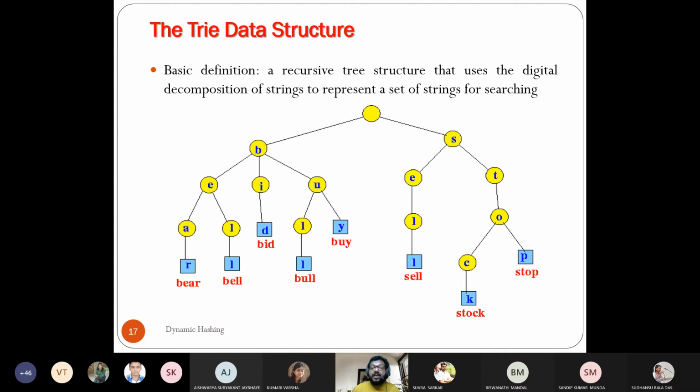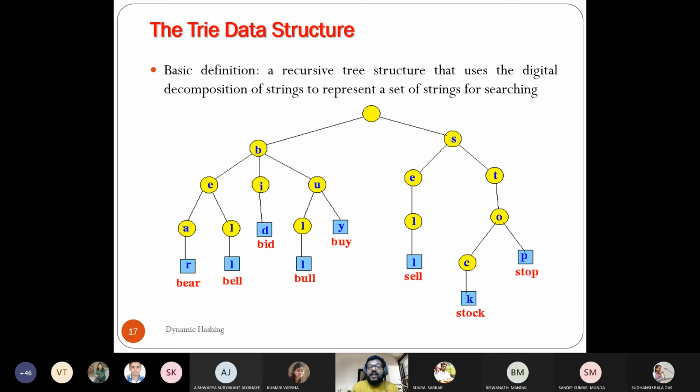I'm looking for the word by. The first letter is B, and the root is empty. When I start the search, I look into the two subtrees: one value is B, another value is S. As this is by, I move to the left. Then I find B, the second one is U, so I move into that. The third one is Y, so I move to the right and locate the word by. So this is possible. That means if you have defined certain variables, instead of a hash table you can use a trie to store your compiler defined variables. Yes, this is one alternative.